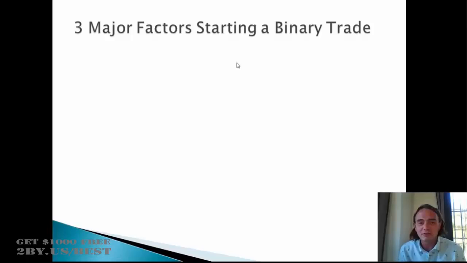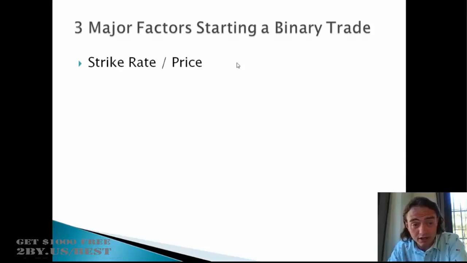Right, there are three things to consider once you've chosen your asset type. There are three things that you need to consider that come into play at the start of a binary options trade. Now, the strike rate or the price. This is also a very key factor. If you've got a signal service that you're using, they will quote the strike rate or the strike price